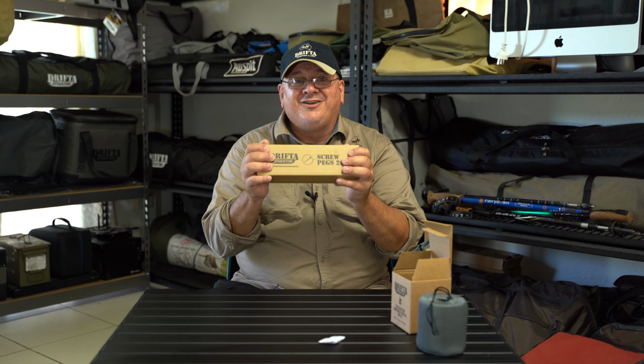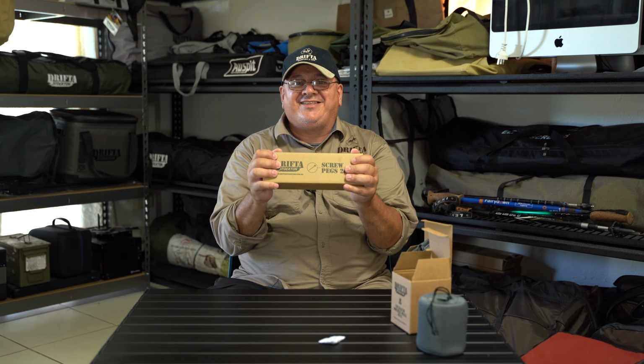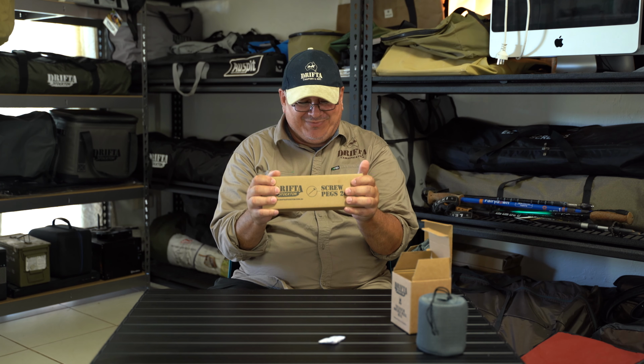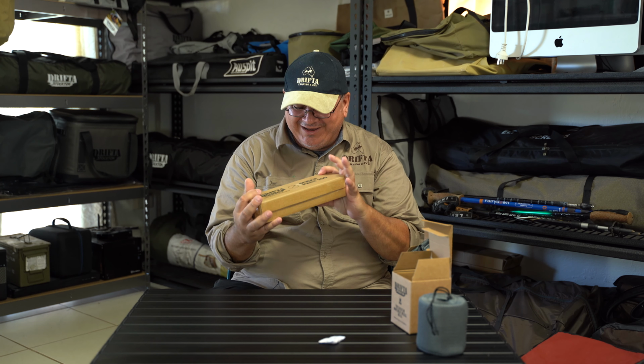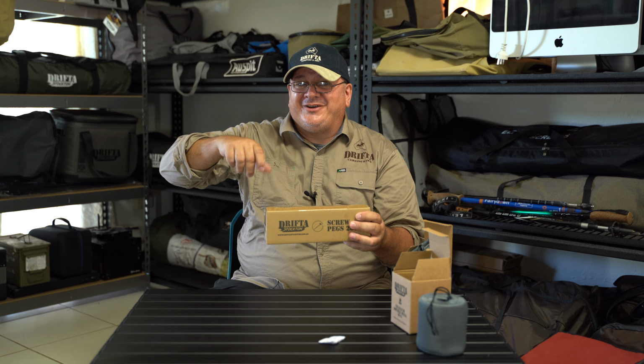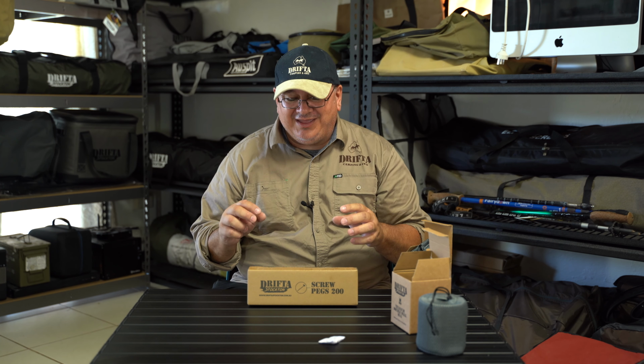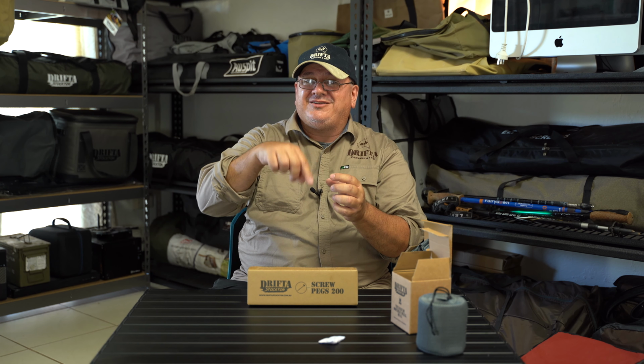There's 2 cups in there. Luke sent me up some of these Drifta Stockton screw pegs a while back. So I thought, brilliant. Love it. One thing he probably didn't realise is how hard my ground is. I went to try to screw them in the ground, and I couldn't get them in far enough. In fact, it got to the point where it was starting to strip the nut on the top